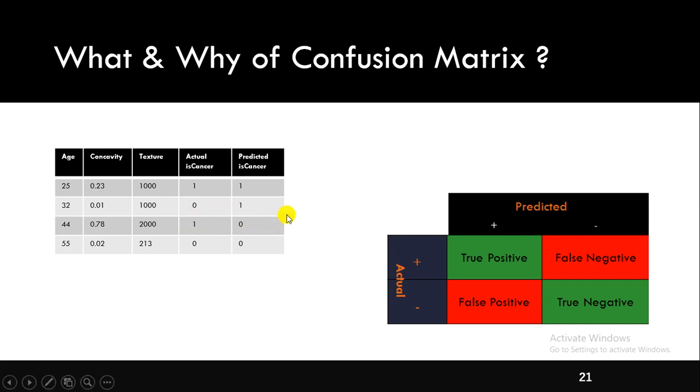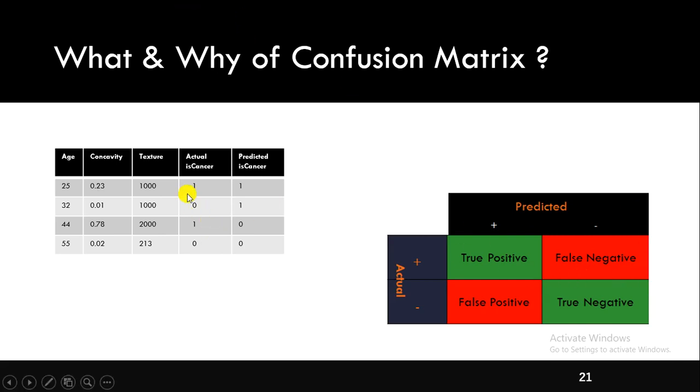Let's say you have 100,000 observations. It is quite challenging to understand how many observations were correctly classified as cancer patients, how many were correctly classified as non-cancerous patients, and how many had misclassifications. So that's where the confusion matrix is very handy in terms of gaining a quick insight instantly: how many events were correctly predicted, how many non-events were incorrectly predicted.